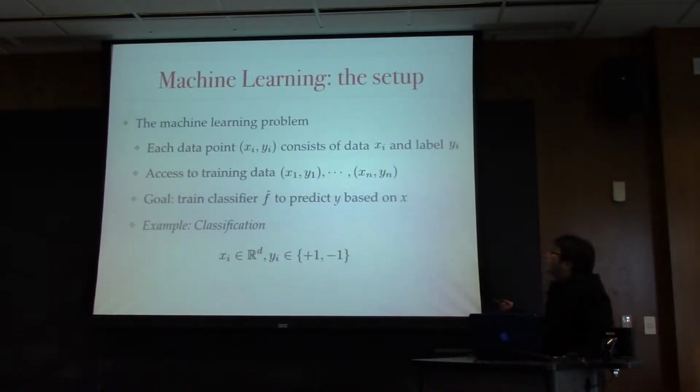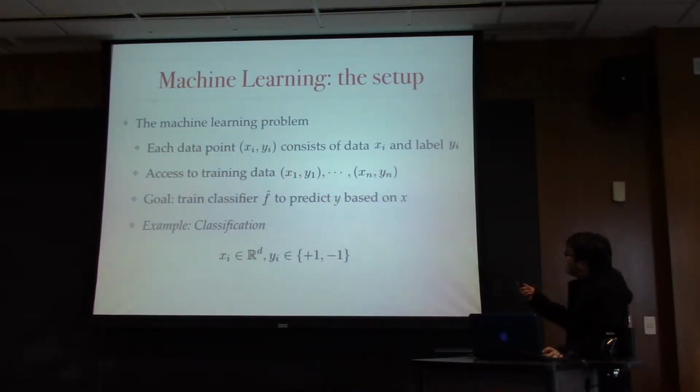Okay, so I will first talk about the basic setting. In machine learning, the problem is we have data points. For each data point, we have two parts. First part is xi. This is like the features or the observations. It is known for both the training and the testing process. And there is also a label yi. This can be either binary or a real value. For example, in image classification, the yi could be whether this image is a cat or a dog, or in regression, this yi could be, for example, the predicted stock price in a market.